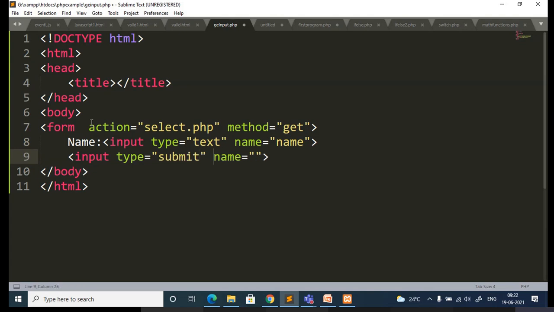I don't want the name attribute for this as of now. So this is my form and I'll close the form. Now I'll add the PHP code here.